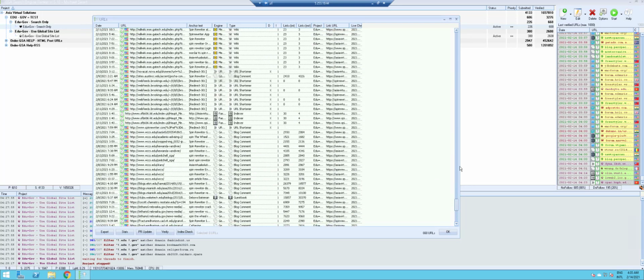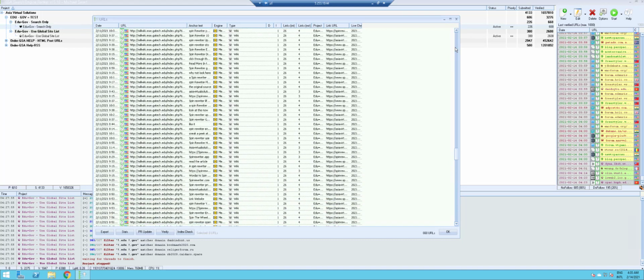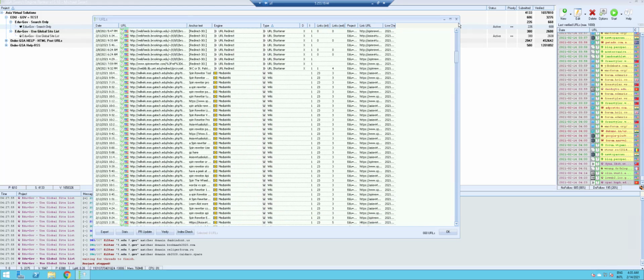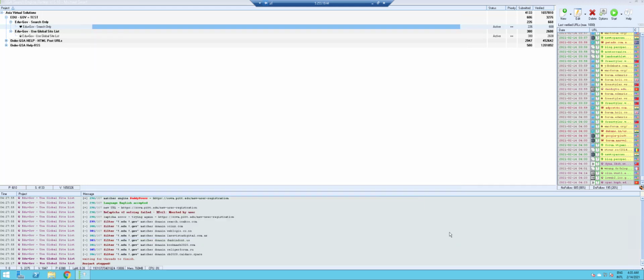Mostly wikis, and blog comments as well. And we can see also the engines that was used. MediaWiki. So there's 668 links. Let's go back to the